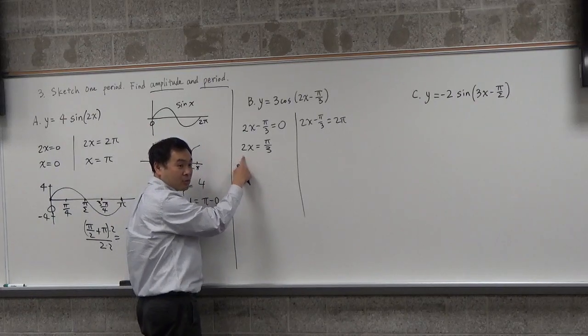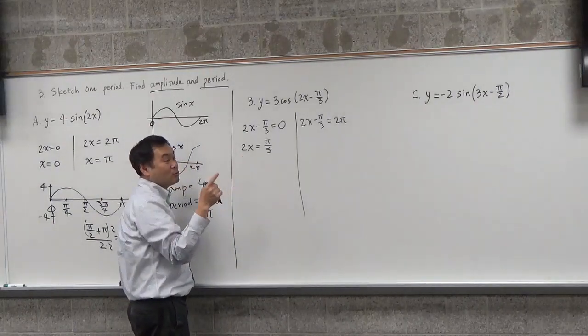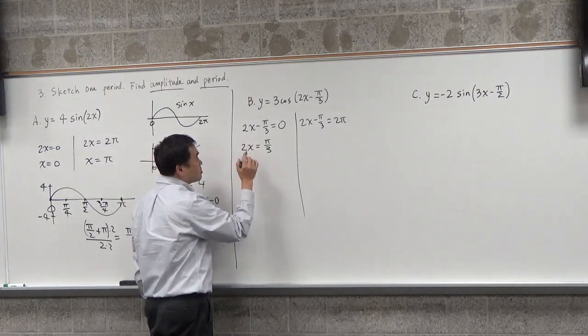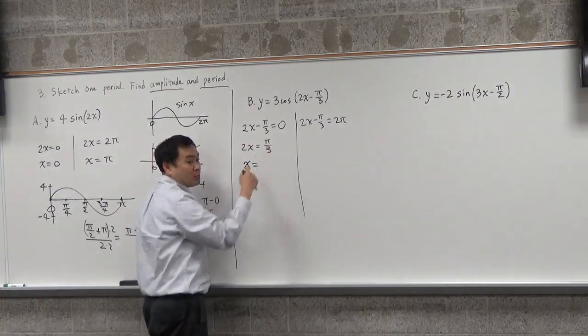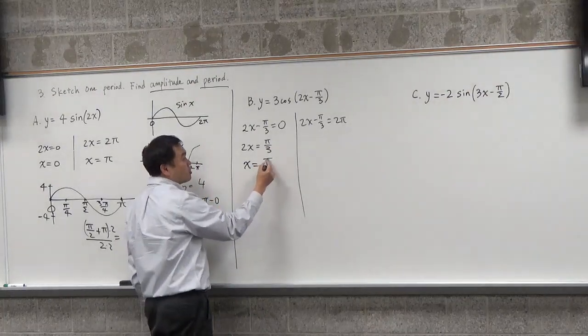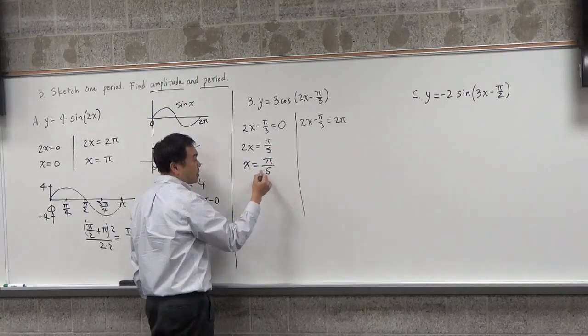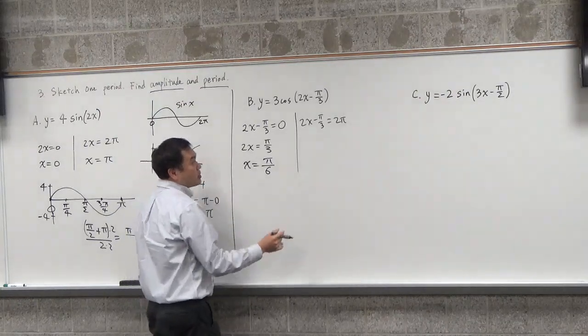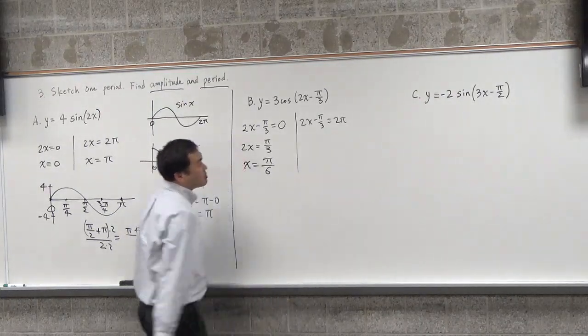And now if you divide by 2, what happens? No, if you divide, that gets multiplied to the denominator. So it'd be pi over 6. 3 times 2 is 6, okay? And then, now this one,